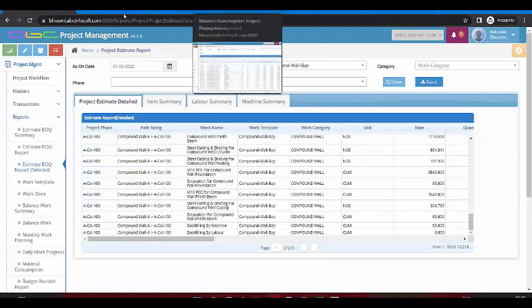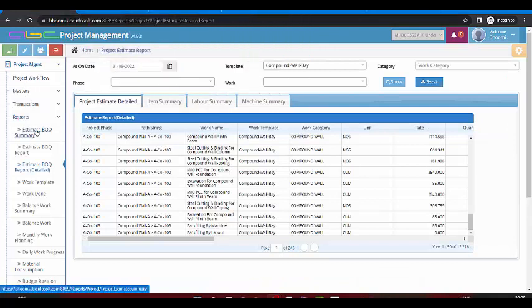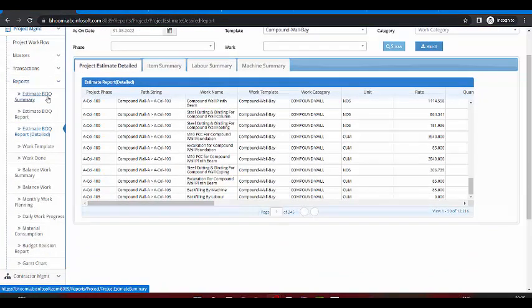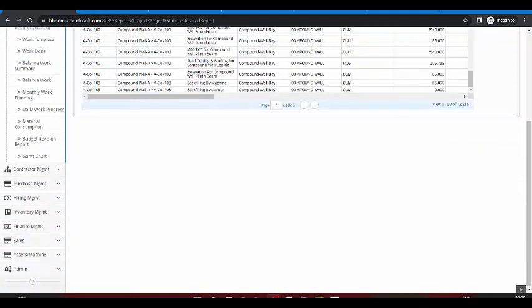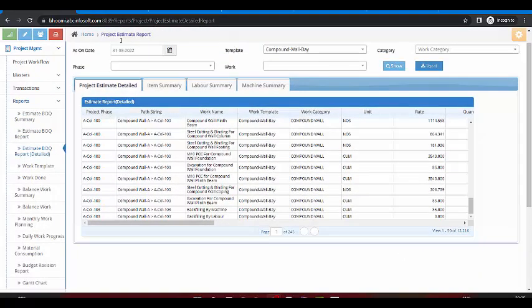In the reporting section, we have multiple reports in the project management module. We have the estimated BOQ summary report, BOQ detailed report, work done report, balance work summary report, material consumption report, budget revision report, and so on. Let's see a few of the reports. This is the project estimate report.